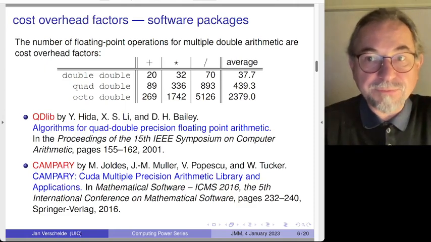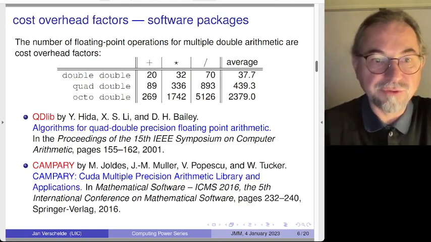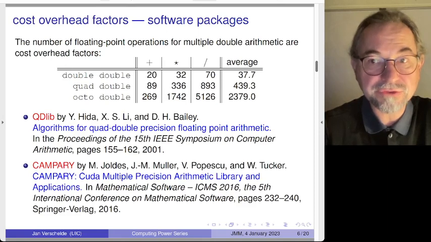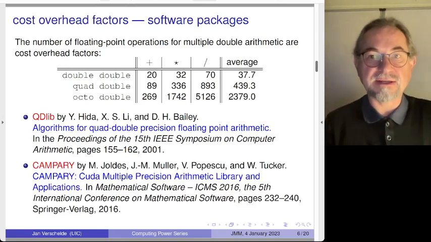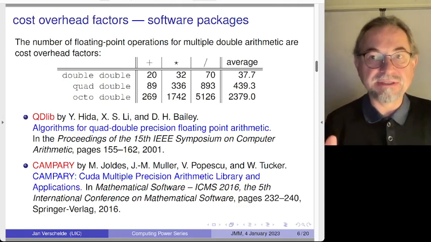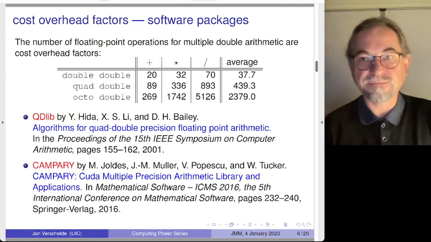The software that is used should be acknowledged. So this project could not have been done without QDLib and the Campari software. Customized software is used in the sense that it's very natural to represent one quad double as a vector of, or an array of 4 doubles, and then a vector of quad doubles as a vector of arrays